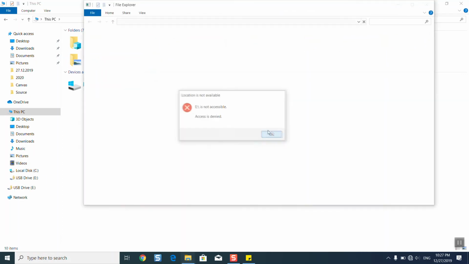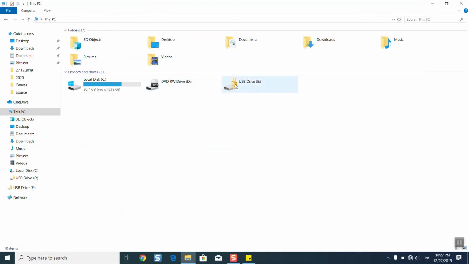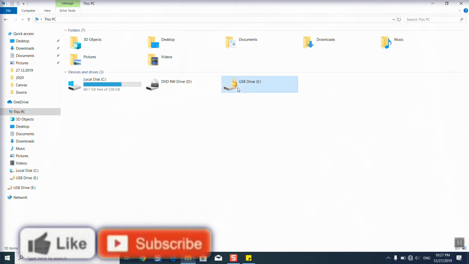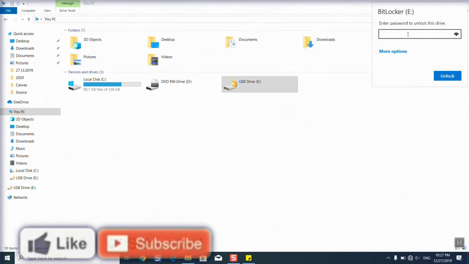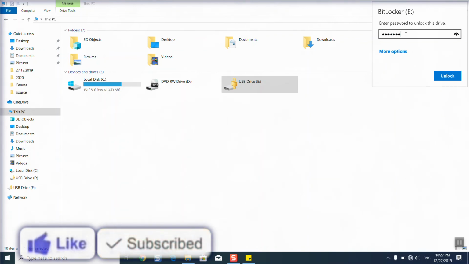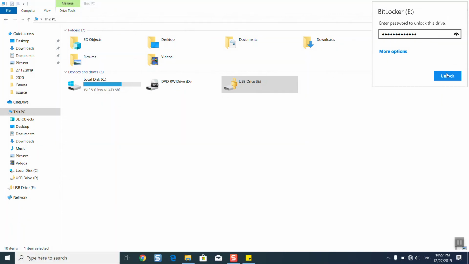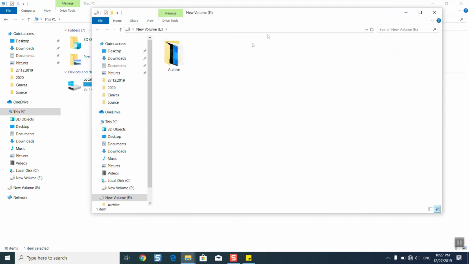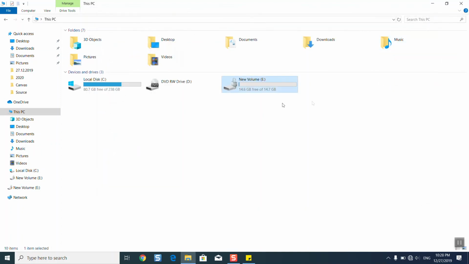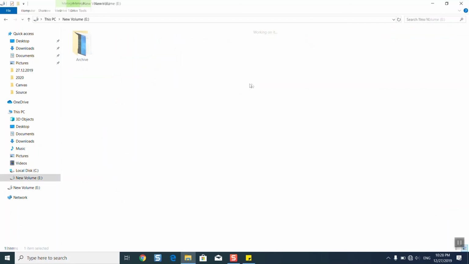As you can see, Windows couldn't access my data, and here the lock is in yellow, all golden color with a key. And to unlock it, you need just to click 2 times on your device. The BitLocker will ask you to enter your password. So I invite you to enter the password exactly and click unlock. You will need to wait a few seconds, or even a few minutes, and then your data has been decrypted and you could access it